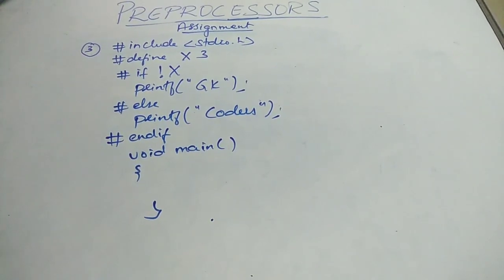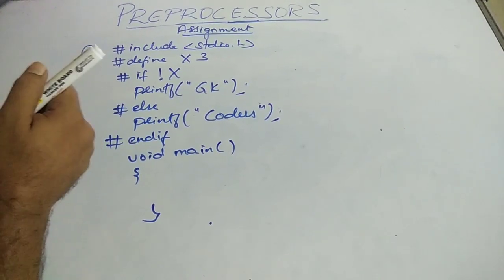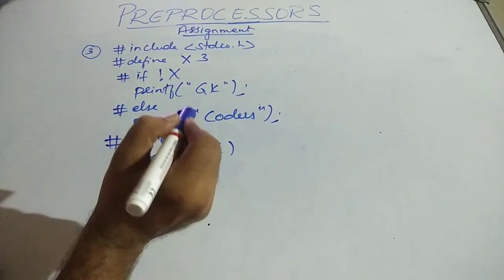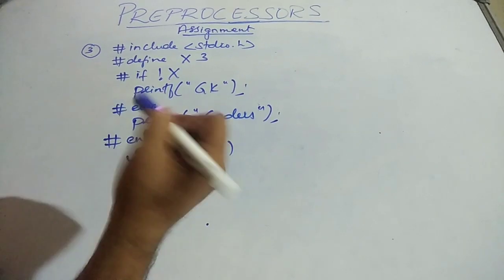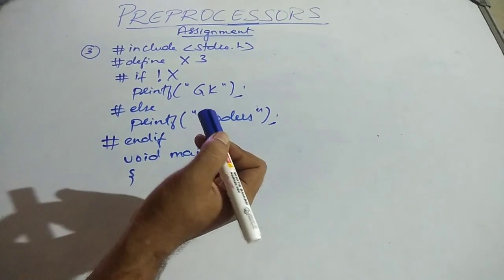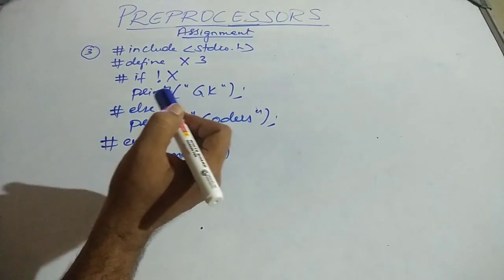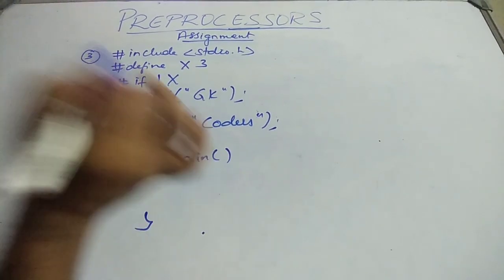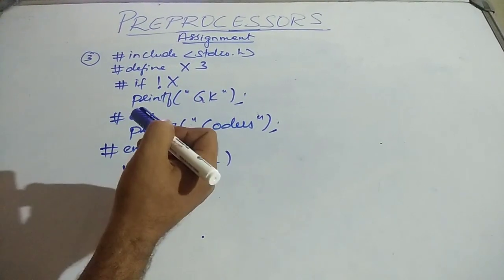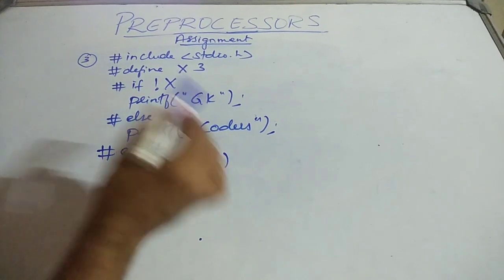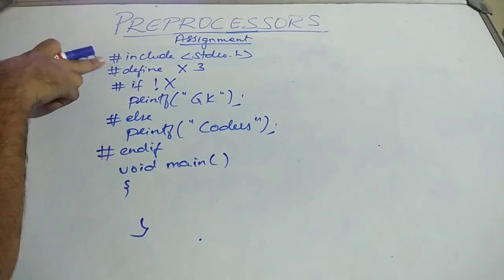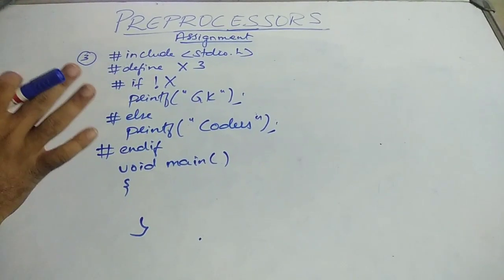So these are the 3 assignment questions which you need to solve based on the topic called preprocessor. Is it clear, all of you? Again, what is a preprocessor? To summarize, a preprocessor is a program that processes our source code before compilation. Is it clear? So that is what preprocessor is about. So when I say preprocessor, each and every preprocessor will begin with the symbol called hash. So this preprocessor program provides directives which tell the compiler to preprocess the source code before compilation. And each and every preprocessor directive will be indicated with the symbol called hash. Is it clear, all of you?